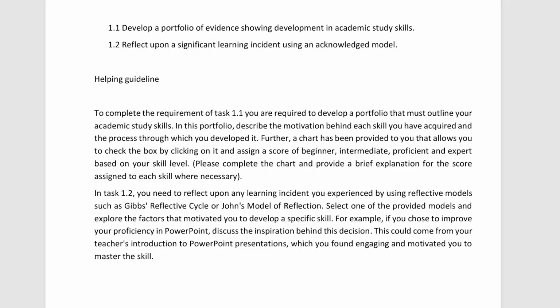But make sure that you write the reflection using a specific reflection model. You can either use the Gibbs reflection cycle, Johns reflection model, or any model that you think can best describe your learning experience. So this is what you need to discuss under assessment criteria 1.2.